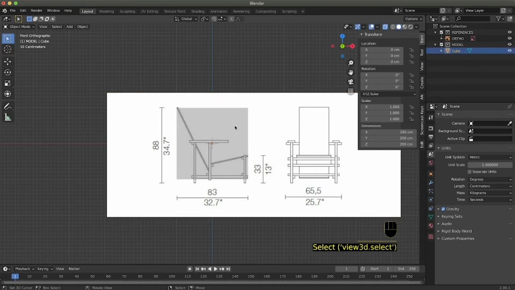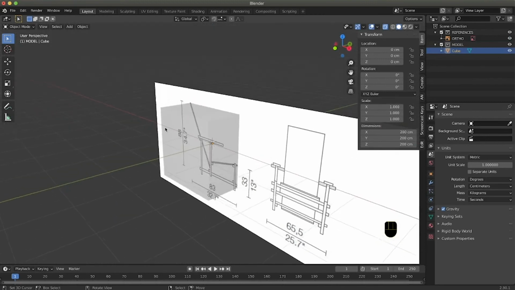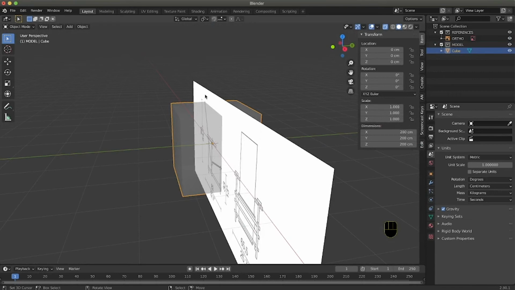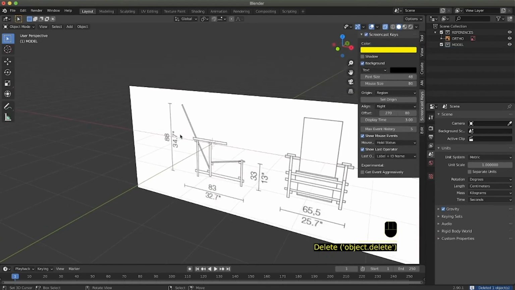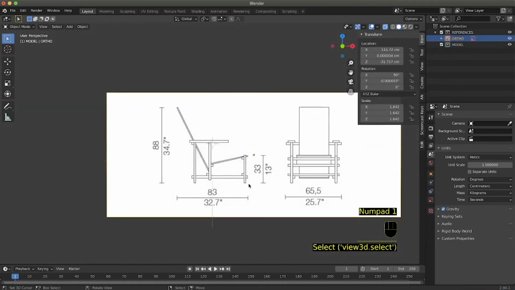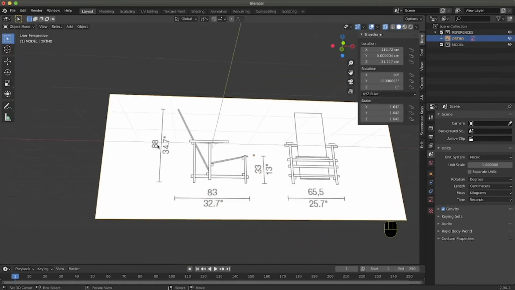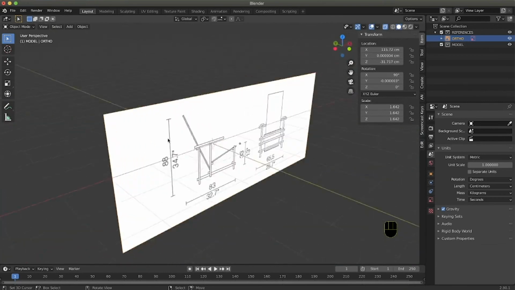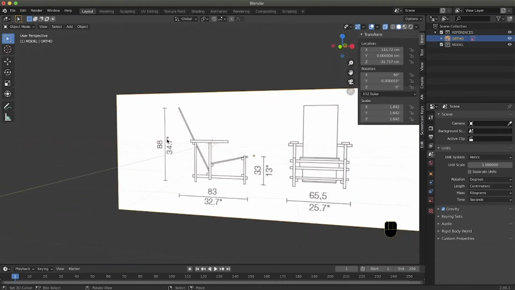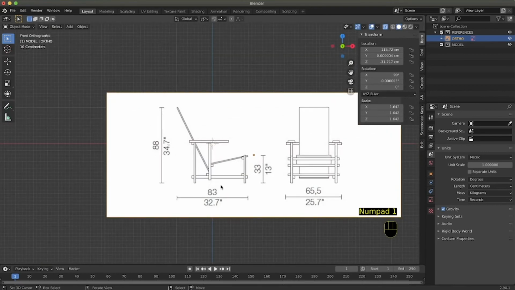After that, we can simply select the cube. So I right clicked on the cube, and you can see that it has an orange line around it, and it means that it's selected, and we press X to delete our cube. Now we go back in ortho, we select again the background image, and it's really sensitive. So if you rotate around the 3D space with the middle mouse button, you lose that view. So you press 1 again.